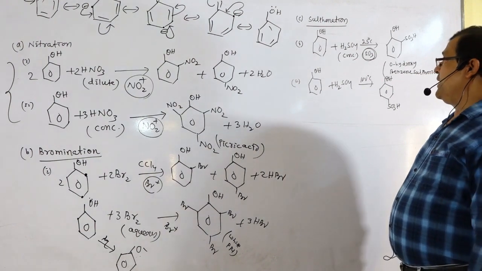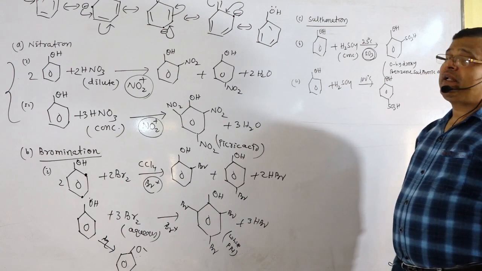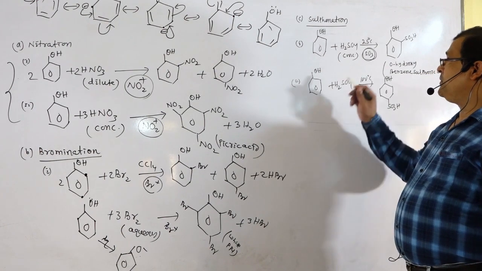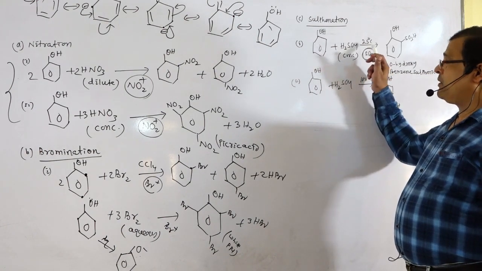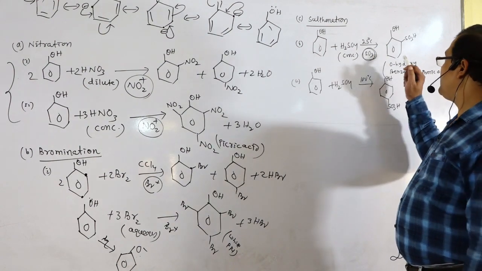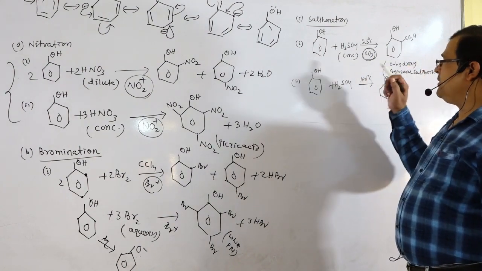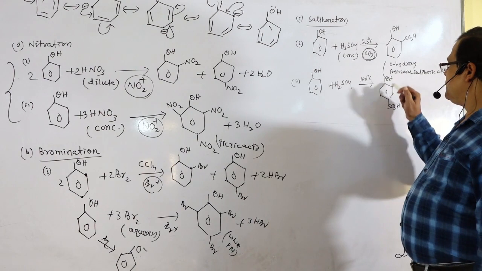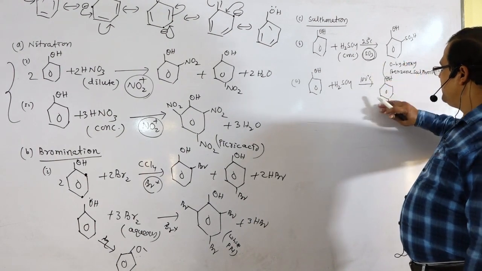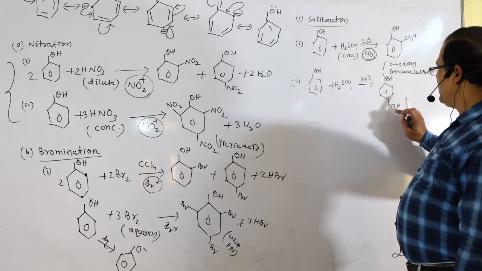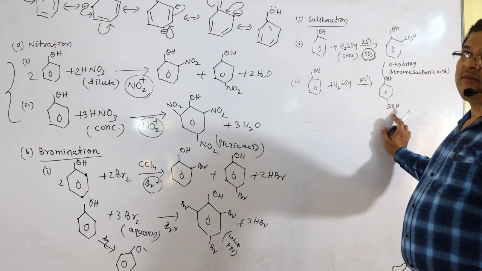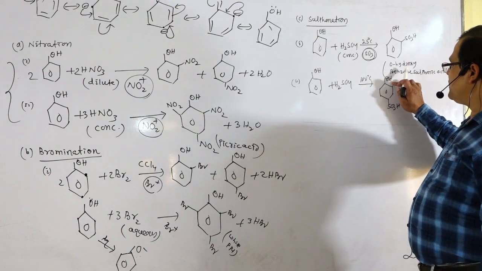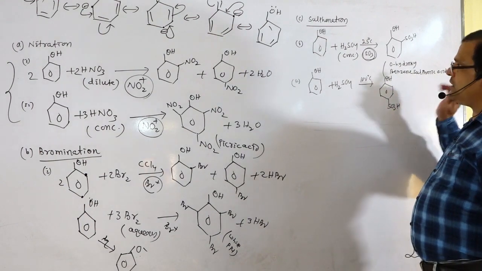And the sulfonation reaction is temperature dependent. If sulfonation is carried out at about 25 degrees centigrade, there is the formation of ortho-hydroxy benzene sulfonic acid. If it is carried out at 100 degrees centigrade, there is the formation of para-hydroxy benzene sulfonic acid. This is benzene sulfonic acid, this is phenol. Among these two groups, SO3H is senior, so it is named benzene sulfonic acid, with the OH group at the para position.